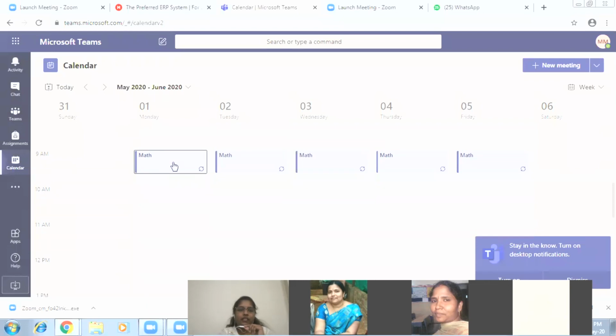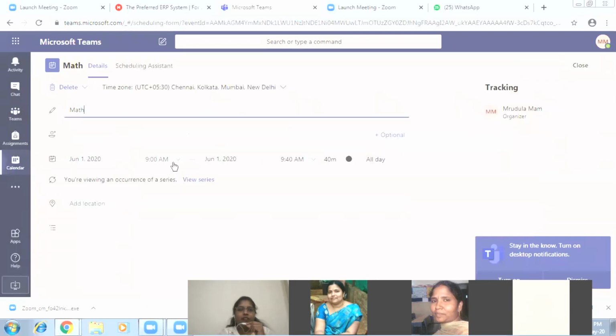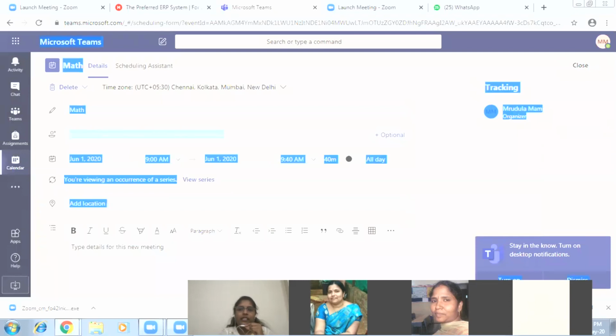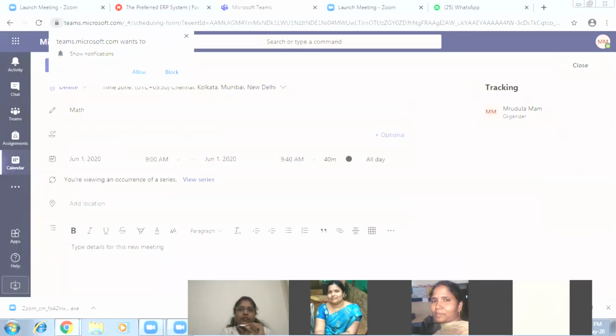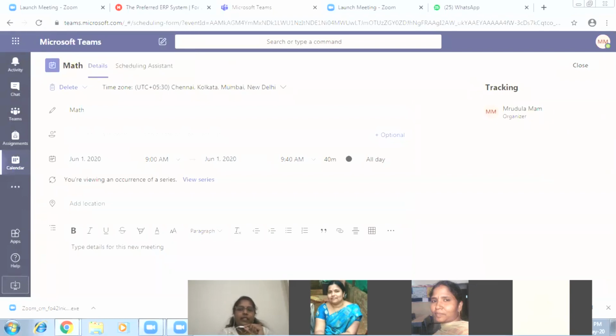And see, ma'am, once I click on the meeting, you can just scroll down. Maybe this access will be for the teachers. Once the meeting is created, you can click on the meeting and down you will see the meeting URL, ma'am. So you can copy the meeting URL and open it in Google Chrome. So there you can make some settings like sharing the screen. If you don't want participants to share the screen, there you can give some restrictions.